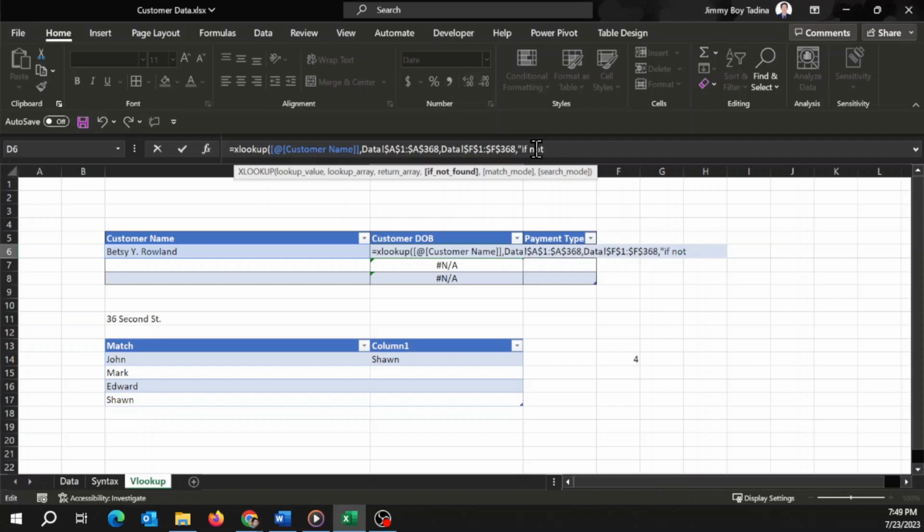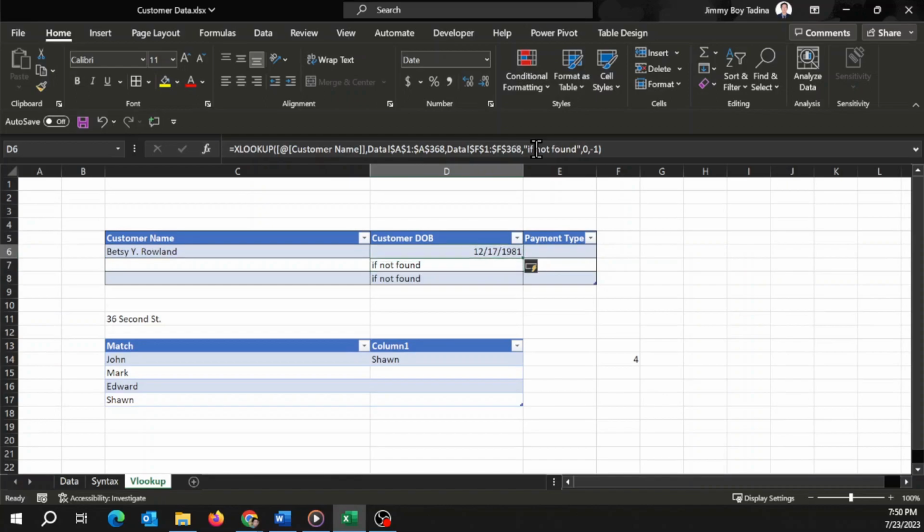I will consistently always use not found. And the match mode is always 0. My search mode, I always use first to last, or sometimes I say last to first. In this case, let's pick -1, okay? Because I want to return the last record that it finds as a match. And then I'm gonna hit return, and there it is,